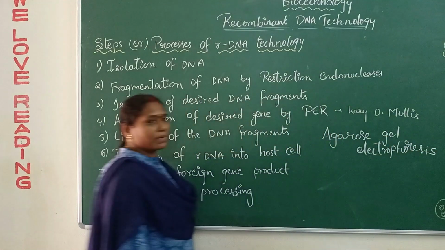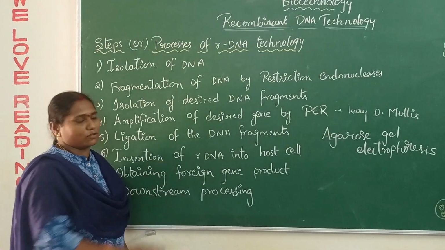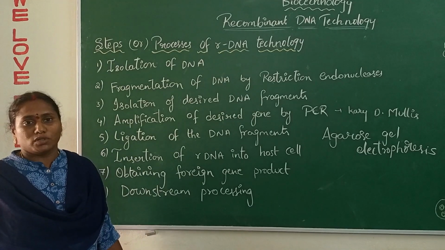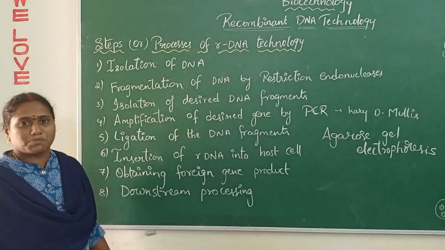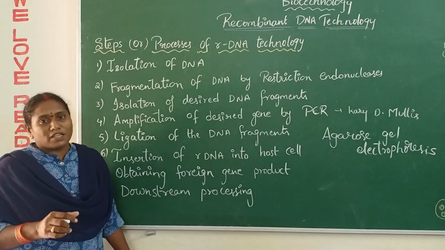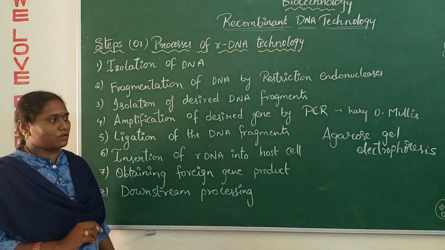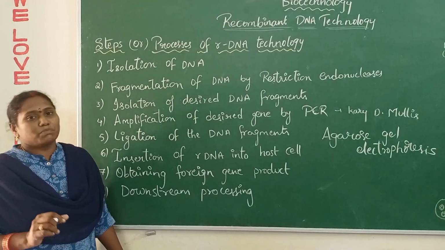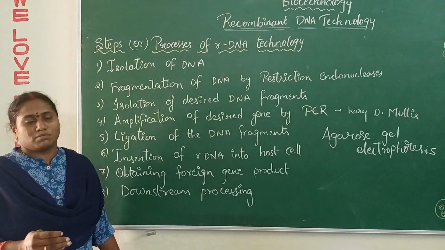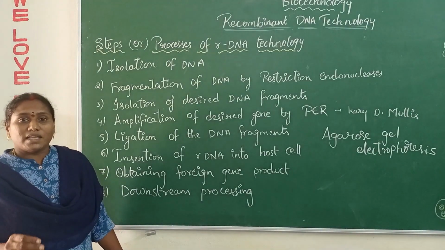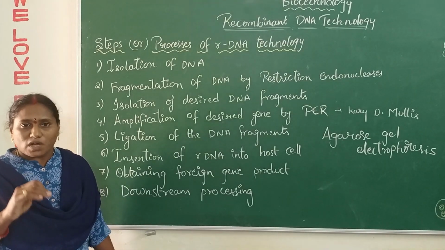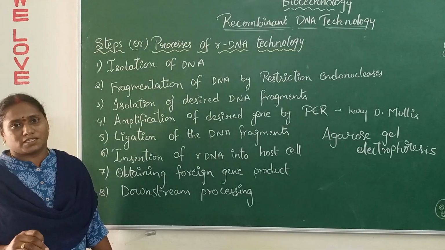Isolation of DNA can be done by using a technique called agarose gel electrophoresis. Here we take a gel to which electrodes are connected, both cathode and anode, that is, negatively and positively charged. Now we add the DNA fragments into this agarose gel and connect it to a power supply. After some time, the DNA, which is a negatively charged molecule, moves. DNA is a nucleic acid, and it also has phosphorus molecules. These phosphorus molecules are positively charged.